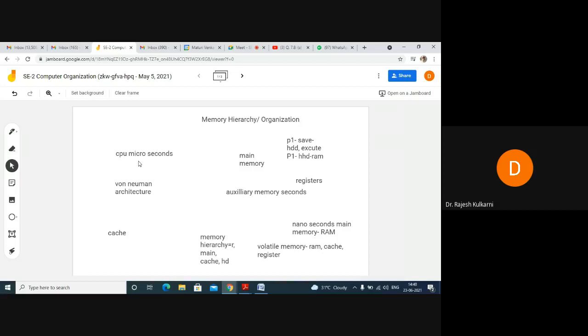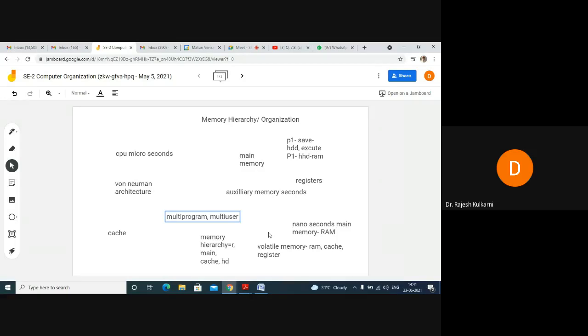There is one more interesting aspect. What is that interesting aspect? Nowadays, all the computers have multi-programming capability, as well as multi-user capability. It means that there is a lot of movement happening between the CPU and the cache and the main memory and the hard disk, because multiple programs may be executing at one go.